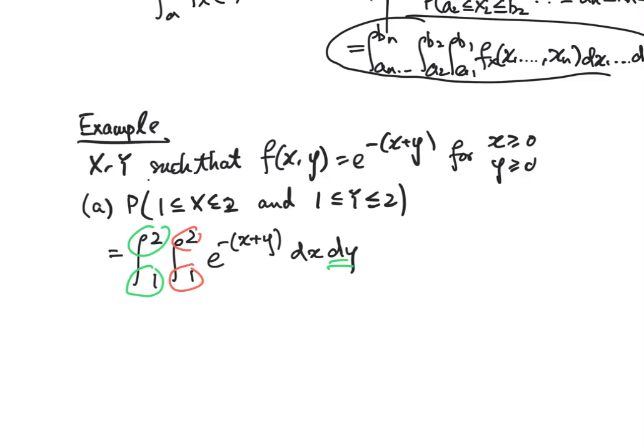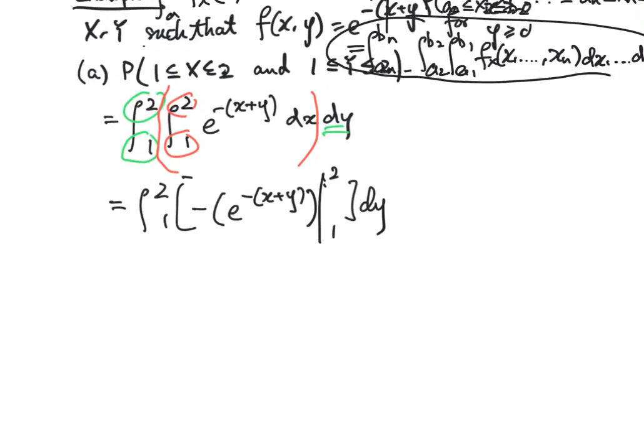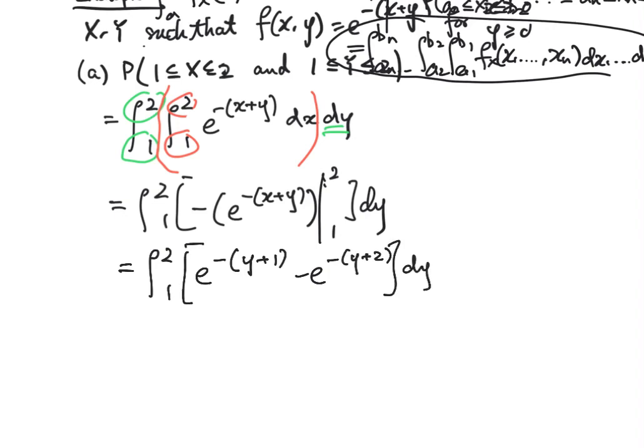Now, to evaluate this, first of all you start with the inner integral, which you integrate with respect to x, keeping y fixed. So in that case, what do you get? You get this stuff, evaluated from 2 and 1. Okay, now here you can just put this in, and you get this. This is how you do the inner integral, and then the next step is you try to integrate this